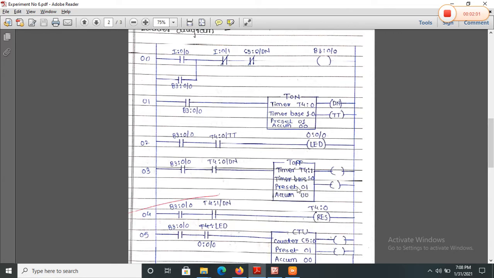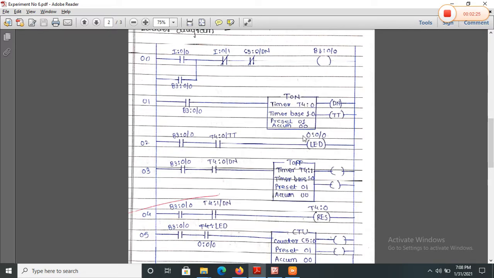This timer is T4:1 and this timer is T4:0. When this timer off is activated, that is timer T4:1 is activated, then it resets the timer T4:0 on bit.